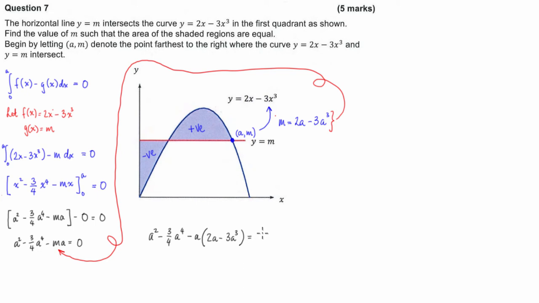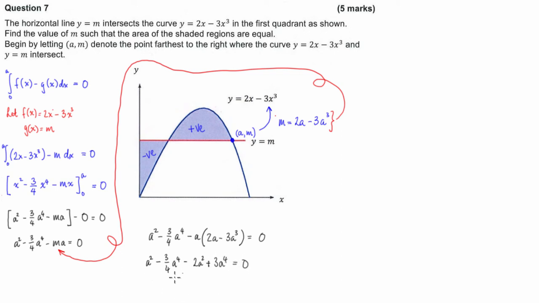And all of that has to be equal to 0. So we then go about multiplying out our brackets. A squared minus 3 over 4 a to the power of 4, minus 2a squared, minus 3a to the power, minus, almost made a mistake, plus 3a to the power of 4